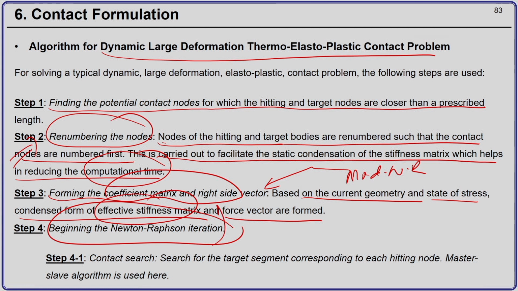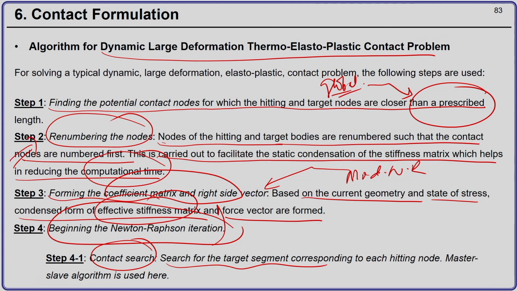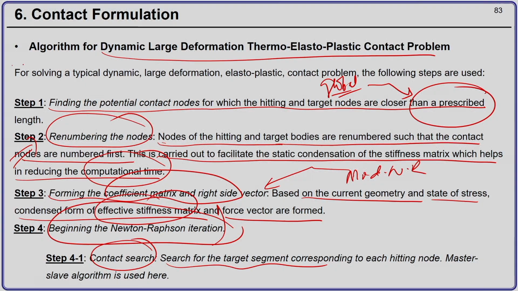because the effective stiffness matrix is formed outside the Newton-Raphson iteration. Okay. First, once the Newton-Raphson iteration starts, we do contact search. Okay. So, this step is called the global contact search. Okay. So, here we are more interested in whether a node is coming in contact or not. We are not interested where it comes in contact, we are just interested whether it can come in contact or not in the current load step. Okay. Remember, this is for one particular load step, one particular delta t, from t to t plus delta t, this is what we are discussing.